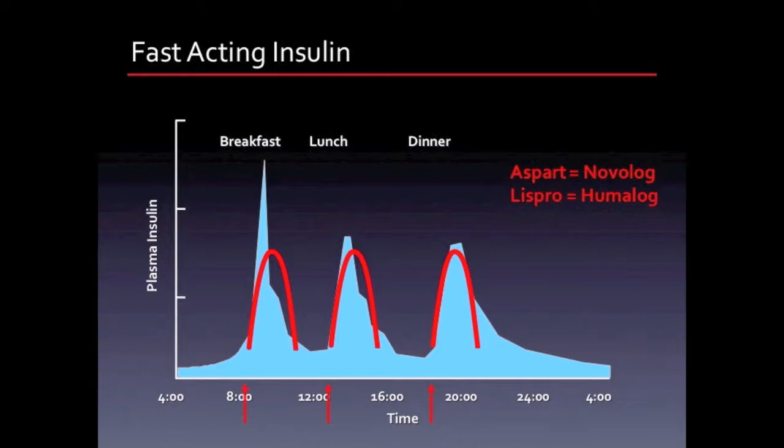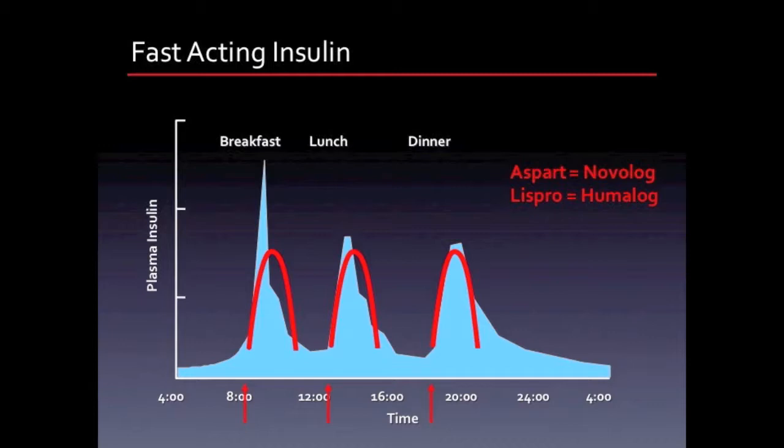Others measure their blood sugar before each meal and adjust their short-acting dose accordingly, taking a larger dose if the pre-meal blood sugar is higher or if they're consuming a larger amount of carbohydrates in that meal. And this is what is called sliding scale insulin. When I first started out, I had no idea what that meant. Again, you won't be adjusting patients' short-acting insulin, especially at first, but it is important to have a basic idea